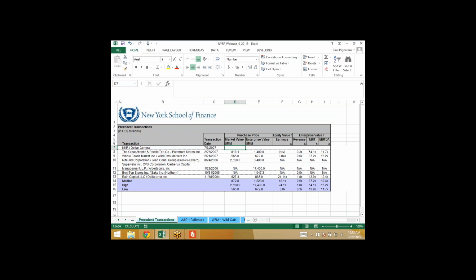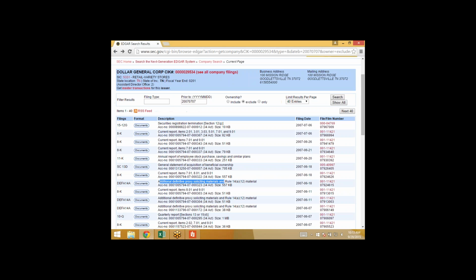I wanted to look for the underlying data to calculate relevant multiples. I realized it was dated. The acquisition was 7/6/2007. So I Googled Dollar General. They're now public again, so I had to type in prior to the announcement date, 2007-07-07. All this came up. I spent a few hours opening up every document until I found one that had underlying